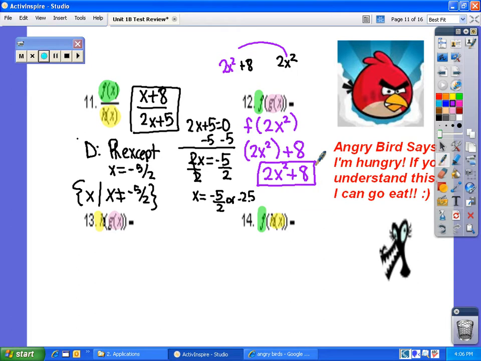Alright, your next question said h of g of x. So h was 2x plus 5, and g of x was 2x squared. So that means that we're going to eliminate our 2x and replace it with 2x squared. So the h of 2x squared